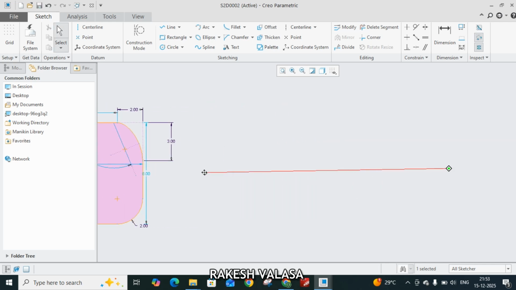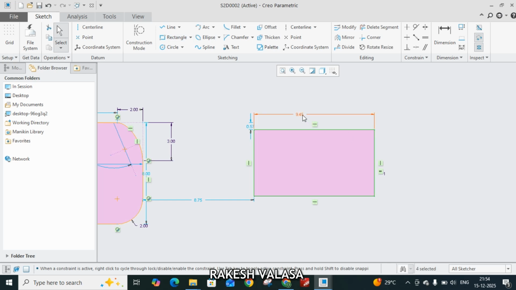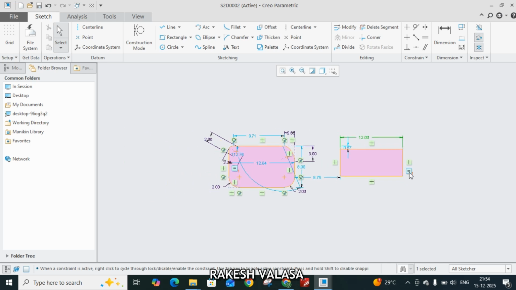This is the way you can change the weak dimension to strong dimensions. Next, move to the second one, chamfer. For explaining chamfer, for this option also I am constructing a rectangle. Choose the rectangle tool, construct one rectangle here. Now click the mouse middle button to exit from the tool. You can change from weak dimension to strong dimension. Just double click on this one. Here I'm giving 12 length and width is